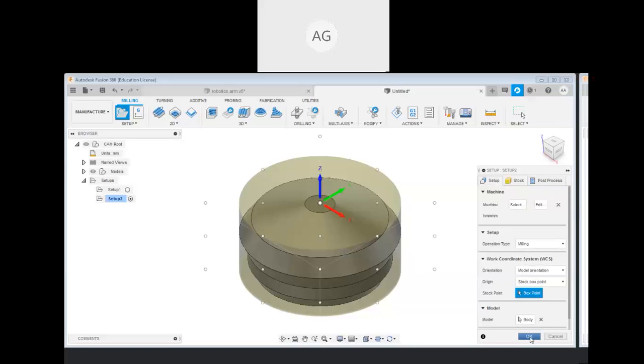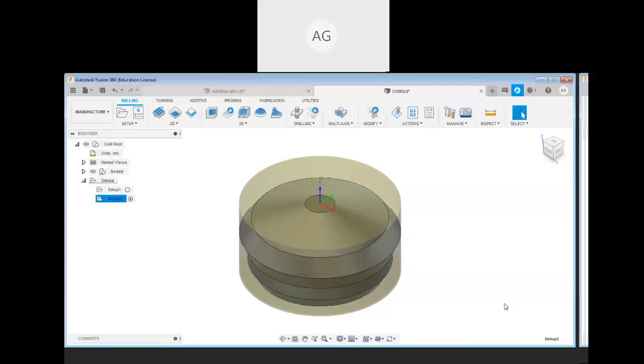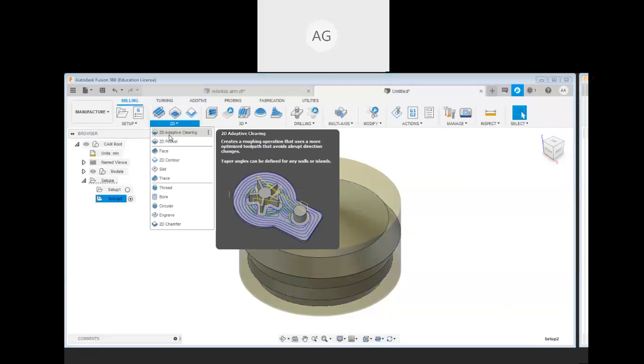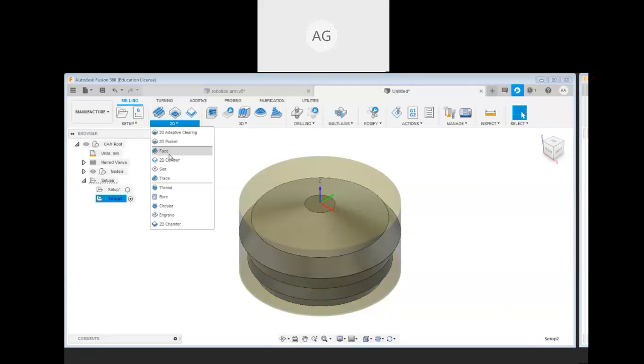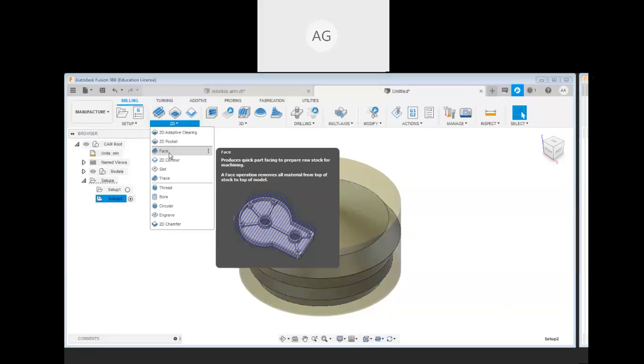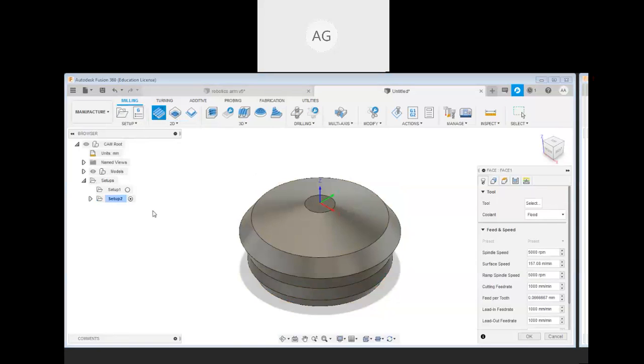Okay, then after that you can make it okay. So this one is my body over here, make it okay. Point also we have selected, all these things in that setup. So now for milling operations. Okay. Now after that, these are the steps, like how you are going to do milling. So we are going to do face milling. So how you are going to do it? I'm going to select face. So face milling we have to do.